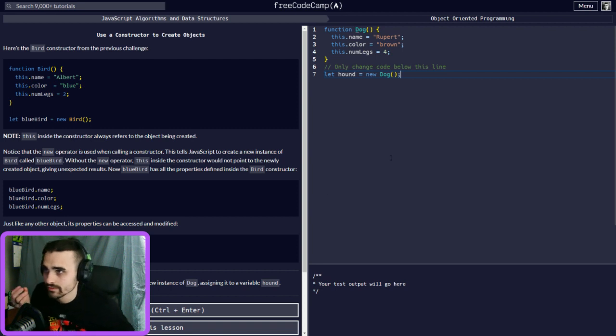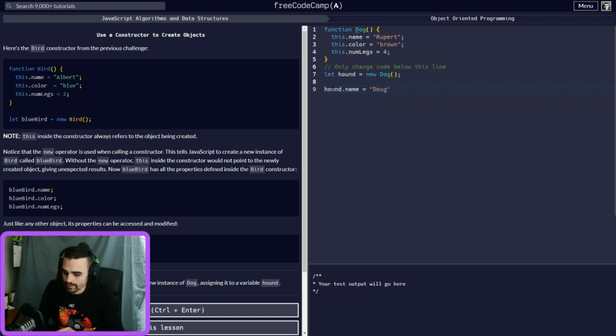Now, we could get the default hound, and where it was saying in here, you can just call the name and then change it to whatever you want. So you can change all the default names in here. So you can do hound.name and change it from Rupert to Doug, right?